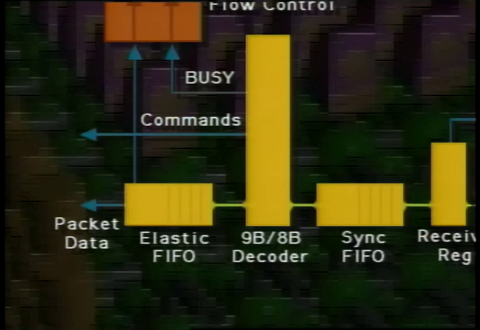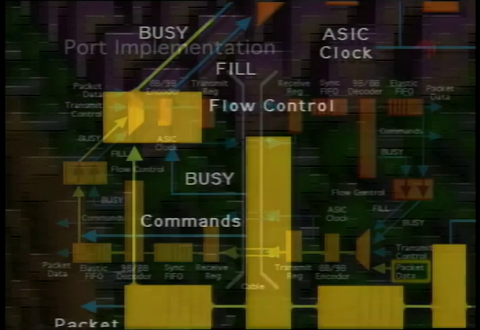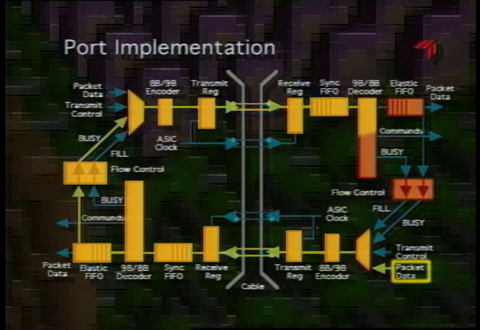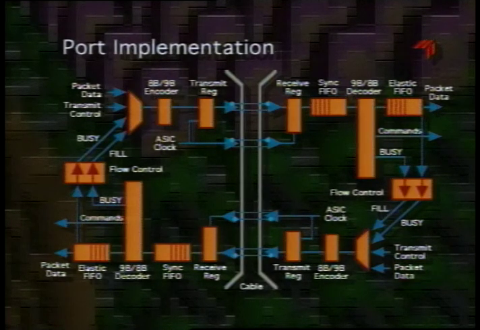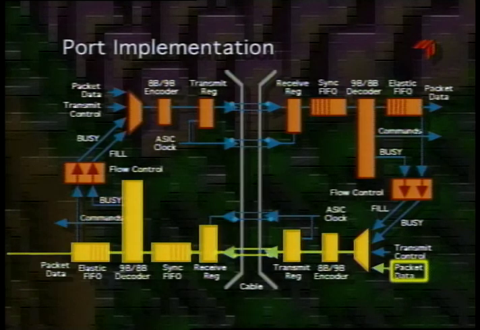So that busy symbol is injected into a symbol stream in the reverse path, and it's transmitted back to the sending chip, where it indicates to that chip that it should stop sending data and instead start sending fill symbols. Eventually, the busy port will be freed up, and the elastic FIFO sends a ready symbol back to the other chip, telling it to resume sending data. So this implements a fairly straightforward link-level flow control to stop the flow of data when the network is congested.